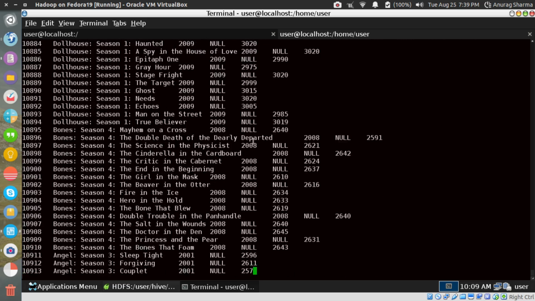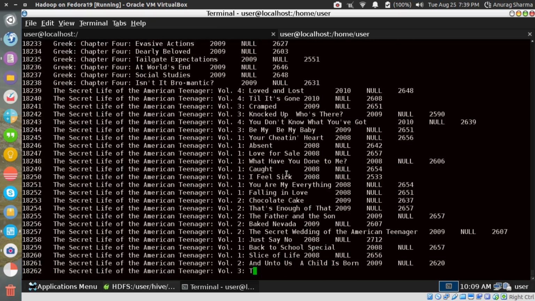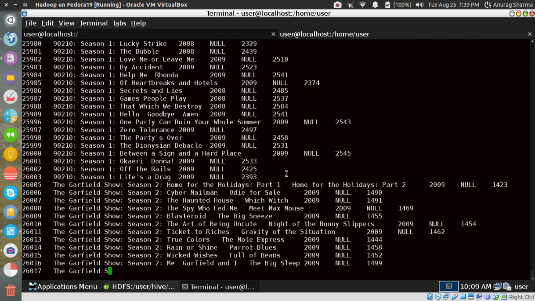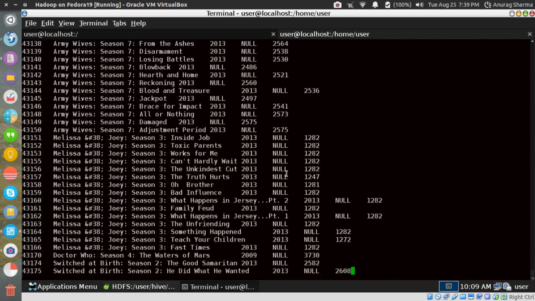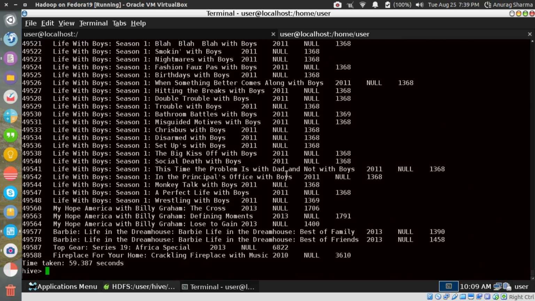So there you go. So these many rows have got nulls in their rating fields. Really? These many? I think it's printing everything. So I've got a null, I've got a null. Oh yeah, so whatever is null is printed. Okay, fine. Now select rating divided by 0, is it? Is this the right syntax?